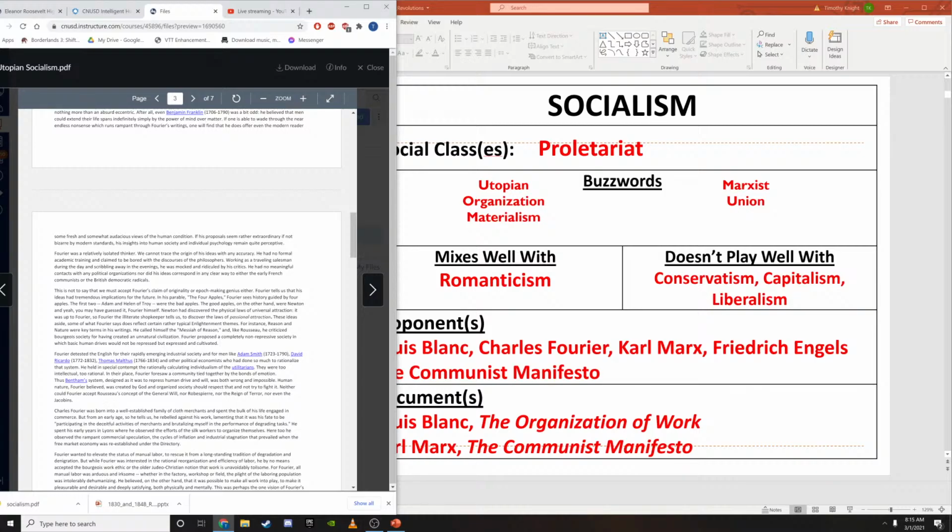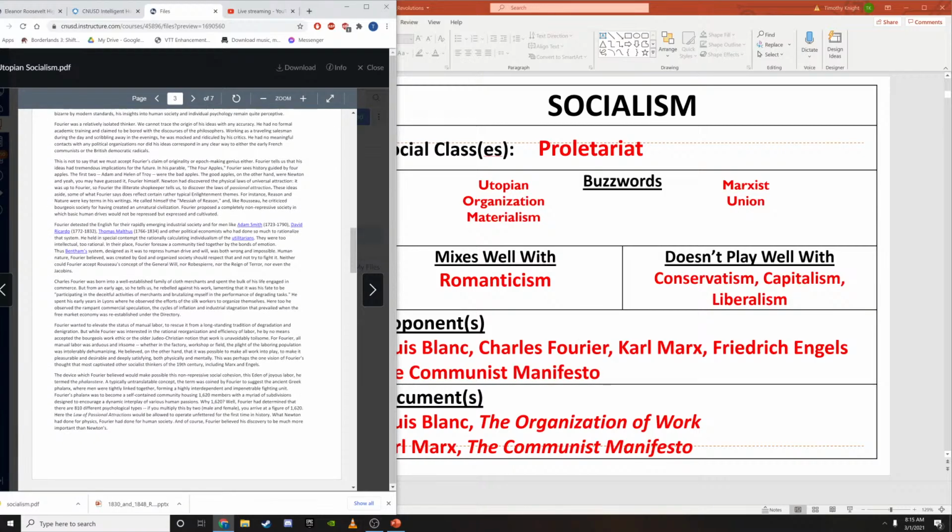Thus, Bentham's system, designed as it was to repress human drive and will, was both wrong and impossible. Human nature, Fourier believed, was created by God, and organized society should respect that and not try to fight it. Neither could Fourier accept Rousseau's contempt of the general will, nor Robespierre, nor the Reign of Terror, nor even the